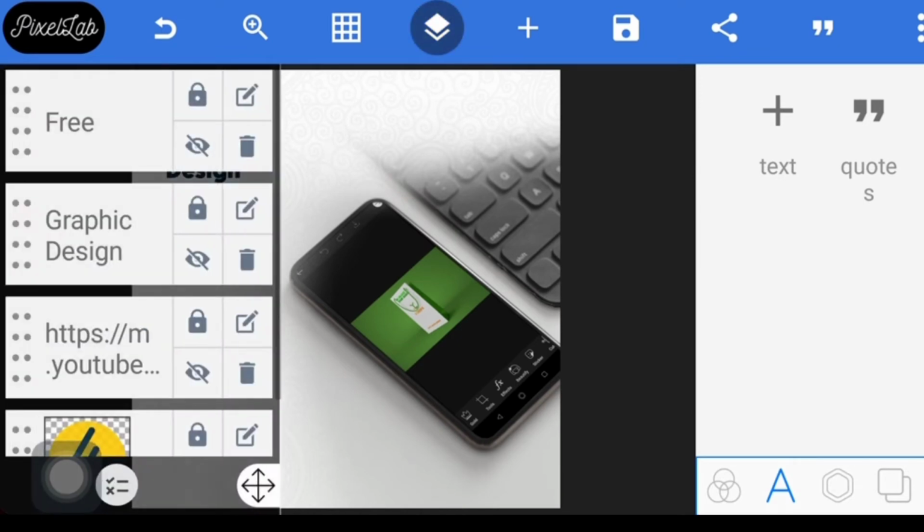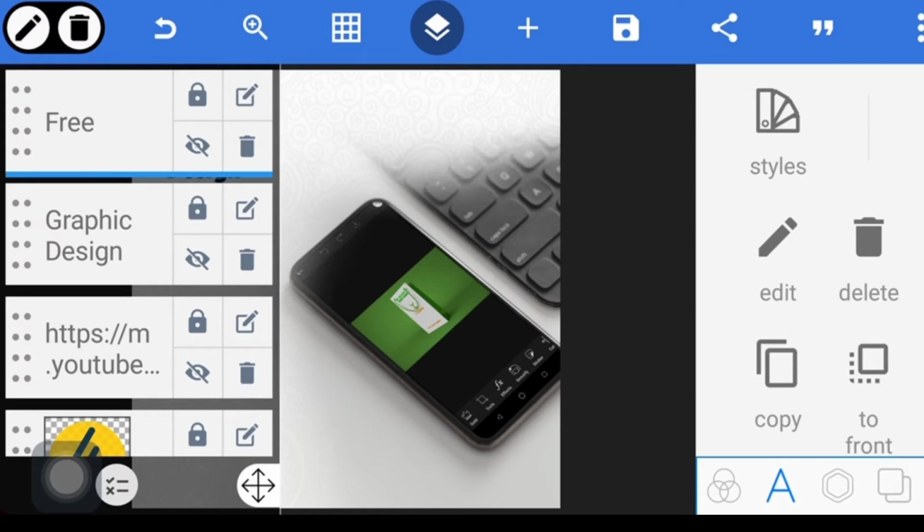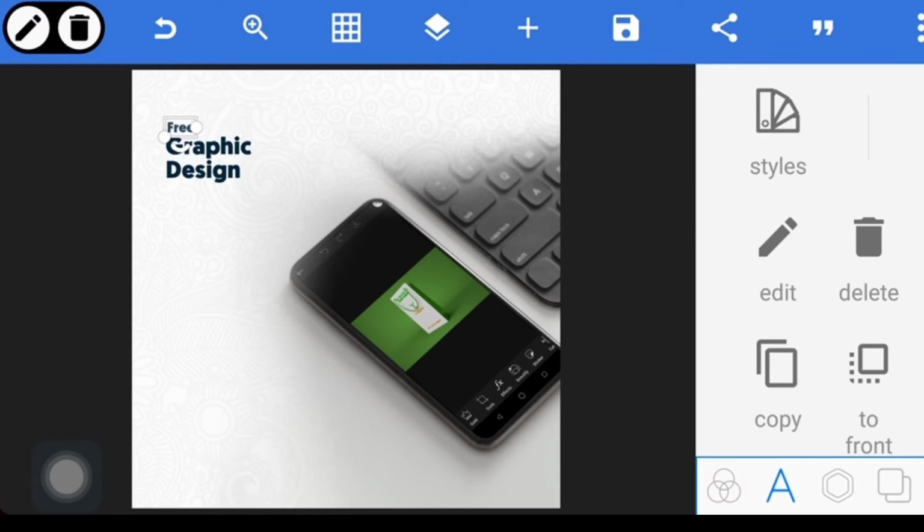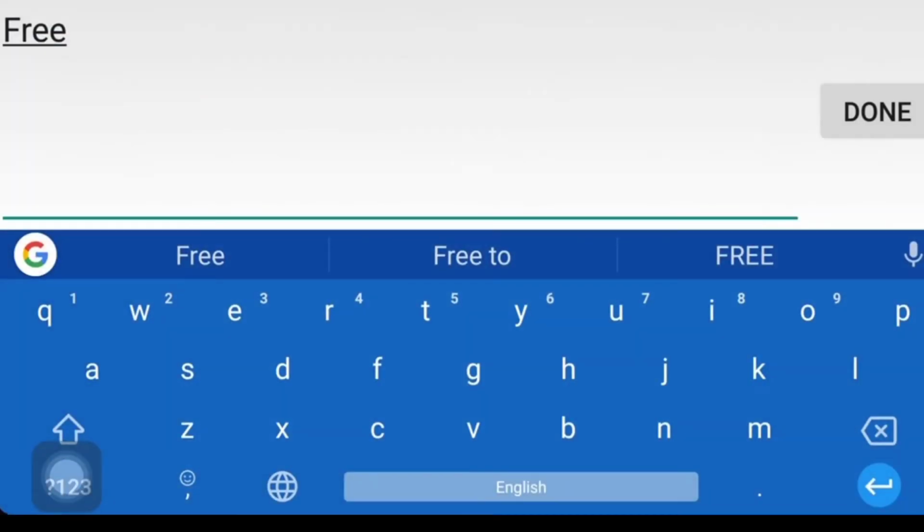Then training. Free graphic design training, that's what I want to write. I still want to copy this down. I want to make this bigger a bit, just a little bit. Free graphic design training. Training with